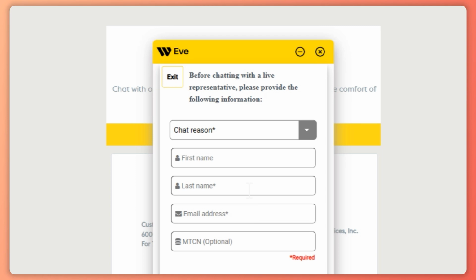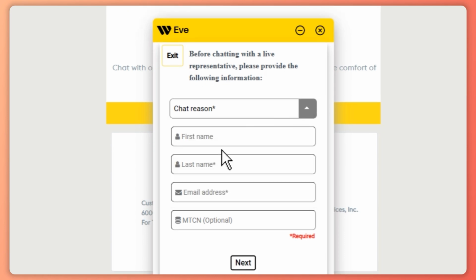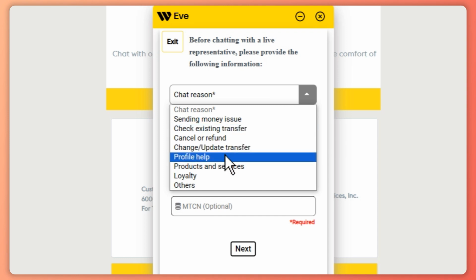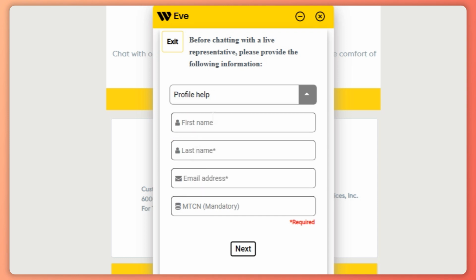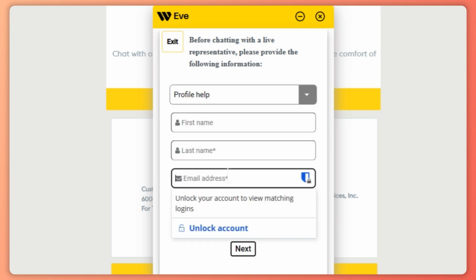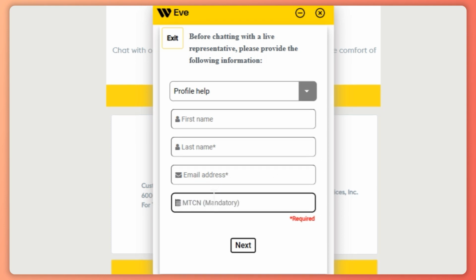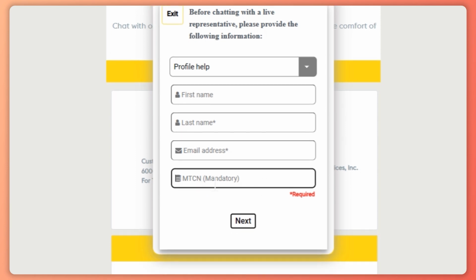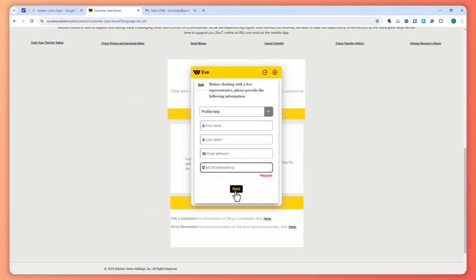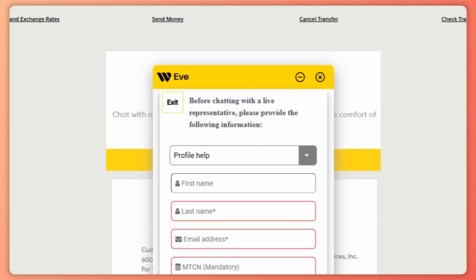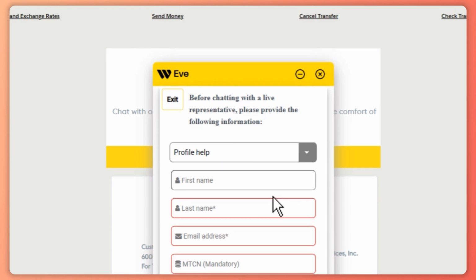So all we have to do is provide the reason right here and our information. From here, I'm going to go for Profile Help, and then your first name, last name, email address, and your MTCN. Yeah, you want to provide your MTCN right here, and then after that you want to tap on Next, and basically you just want to tell the live representative that you want to delete